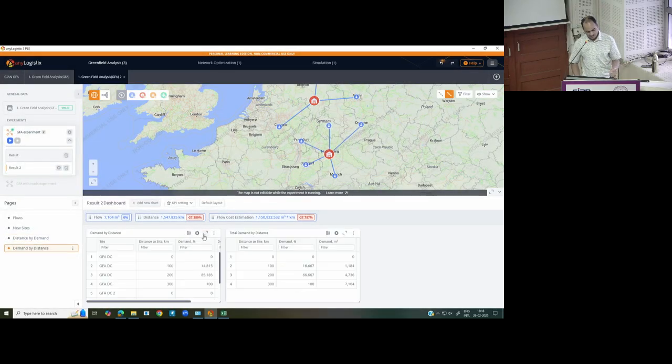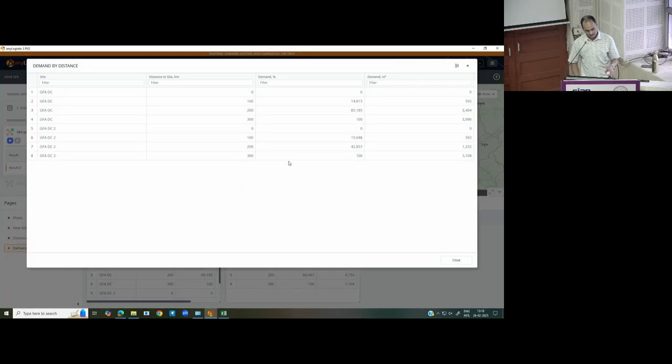Next is the demand by distance. Again a similar kind of thing, but it will tell you how much demand, in percentage, you can satisfy when you travel a given distance. So in order to